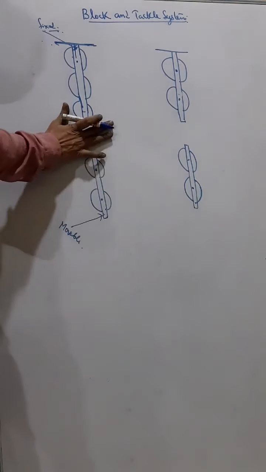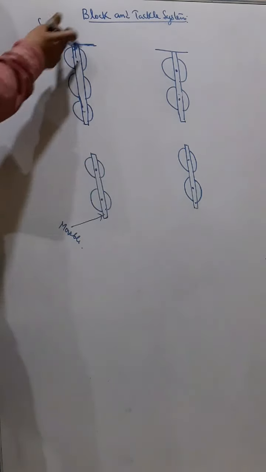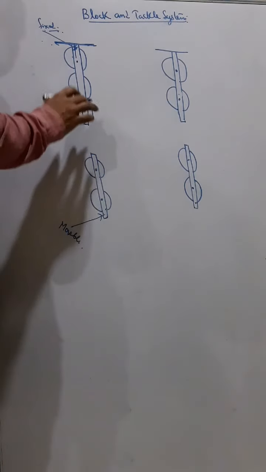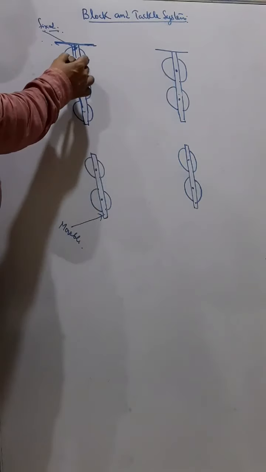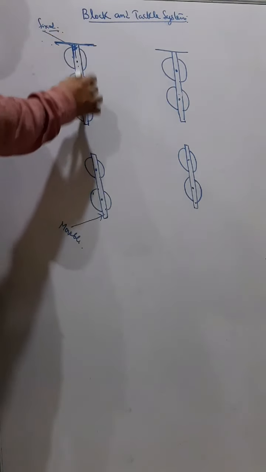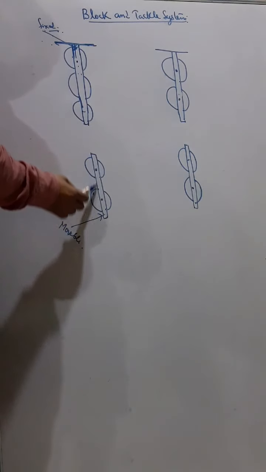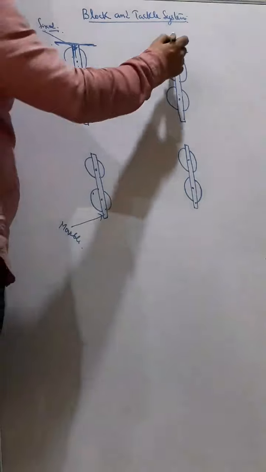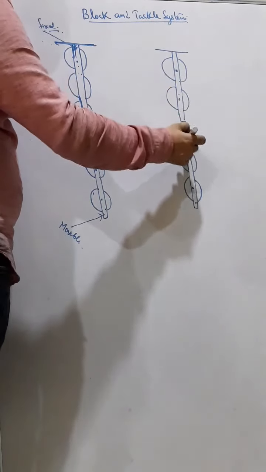Okay, this is incomplete. I have to fit strings, rope, on it. So after fitting the rope, you can understand. So first you have to understand there are two blocks in a block and tackle system. The upper block is the fixed block, and the lower block is the movable block. Okay. Here also you can see the upper is the fixed block and the lower is the